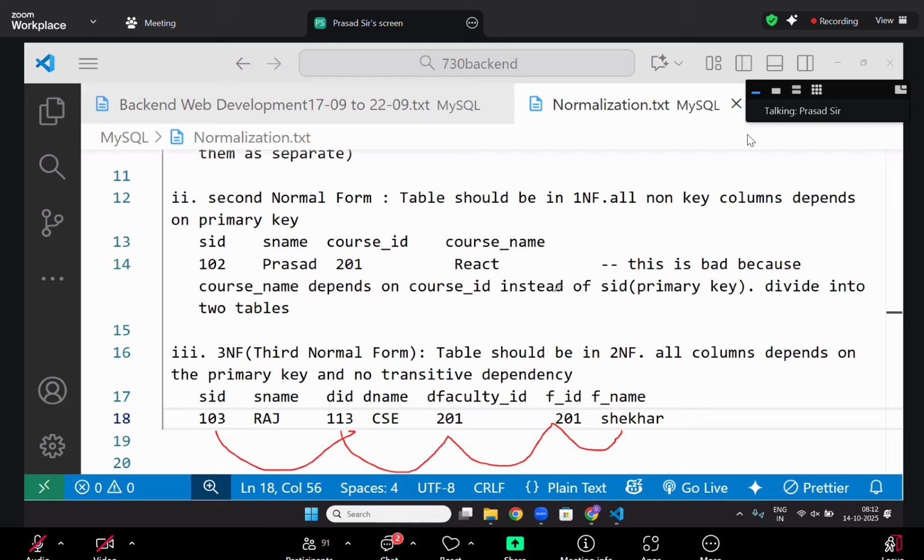Here also you divide it into multiple tables. These kinds of examples we will not do. Tables should not have transitive dependency. Okay. Last one,